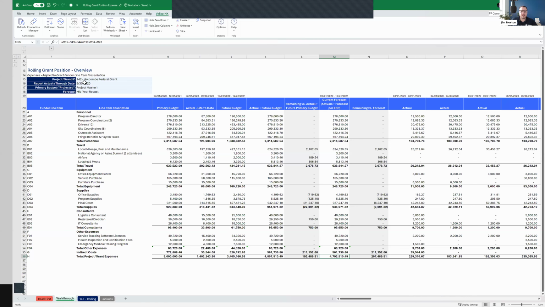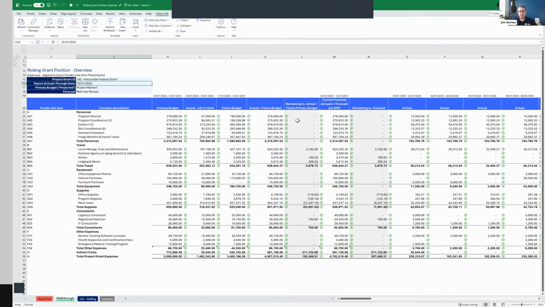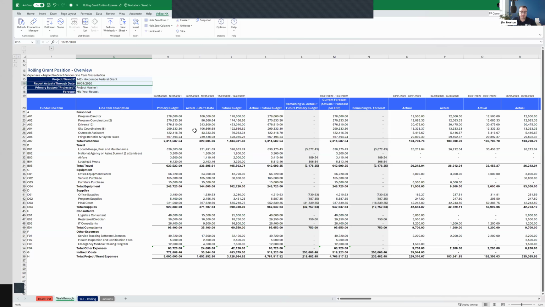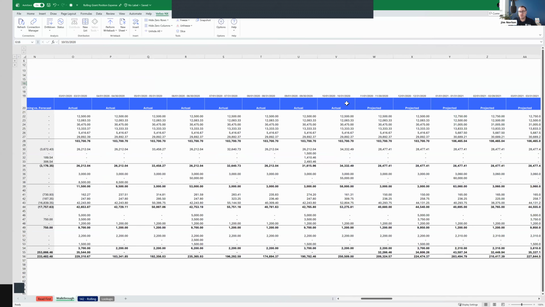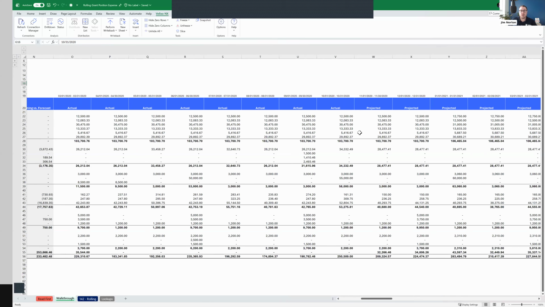Now, again, the beauty of this, I don't want to keep refreshing this every month. When I get to next month and I'm looking at October, I change the date. All of this is updating. Look at the wheels turning. So all this information is updating. It's already updated. I see a projected forecast has been updated, my actuals, all of this information. I see over here, the line between actual and projected is automatically changed, and what's being pulled is automatically changed.